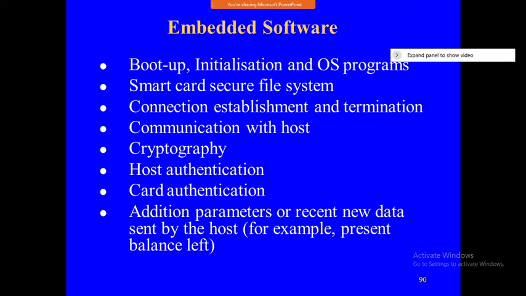Extra functional things are required in the card when it is used for bank transactions, a PIN, which is for checking and validating the card. That PIN will be there, personal identification number. See, whenever you put the ATM card, it is going to ask for the ATM PIN. That is for identification of the particular person, whether the right person is there or not. These are some extra functionalities.